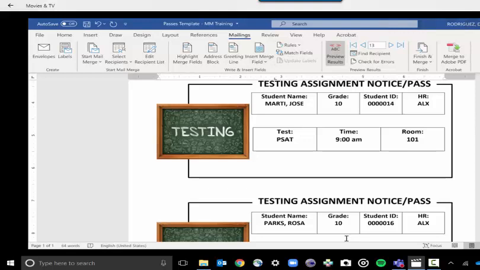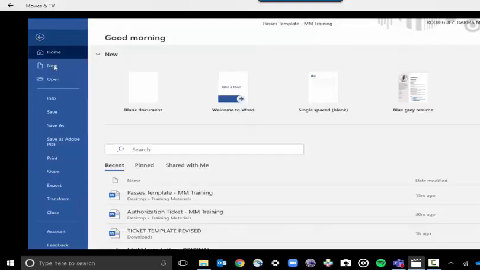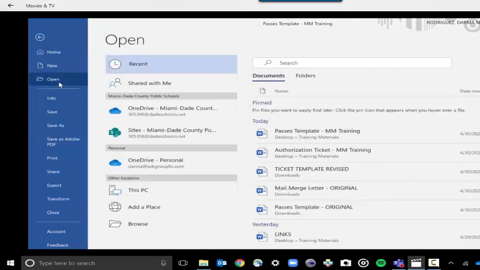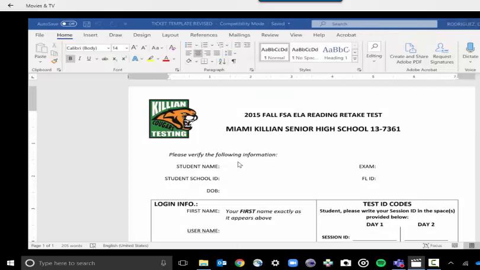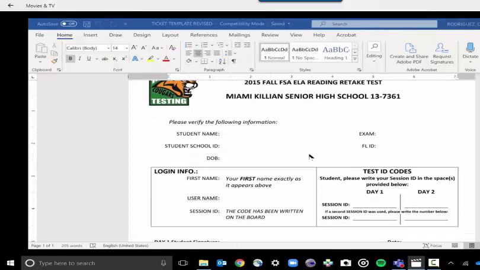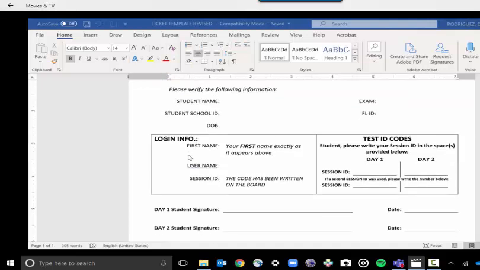Okay. This is also extremely useful. Let me show you another idea for you guys. This is how I used to do my authorization tickets, and this is what I was talking to you about at the beginning of this session. I would put my student name, the school ID, the student school ID,